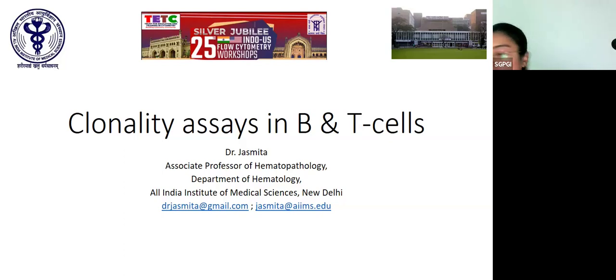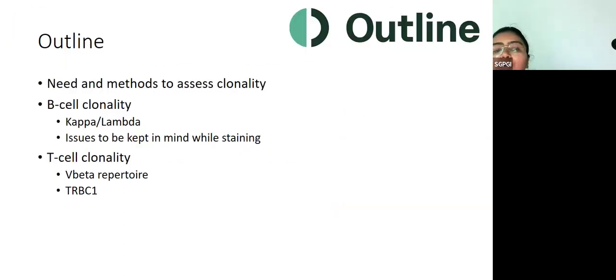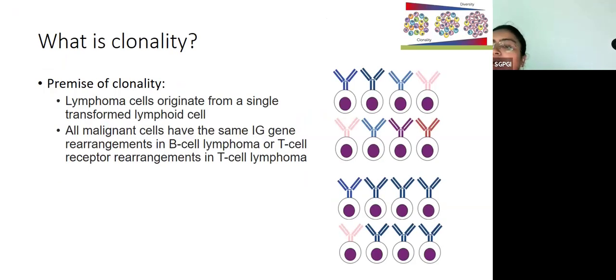So let me go to my slide. So this will be the outline of the talk today. So what is clonality? If you look at this particular B cell in the normal peripheral blood, you see that each of these B cells have a different kappa or lambda light chain on their surface, right? So this is a different antibody that each of these cells are expressing. So this is a group of cells which have a diverse kind of expression of the immunoglobulin